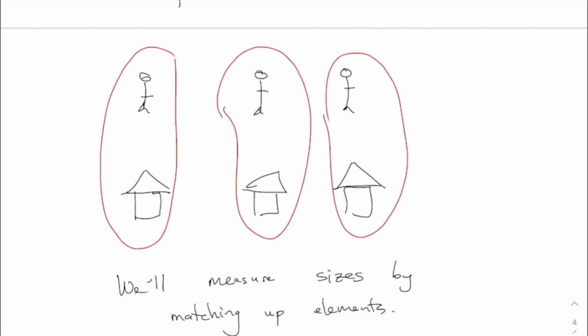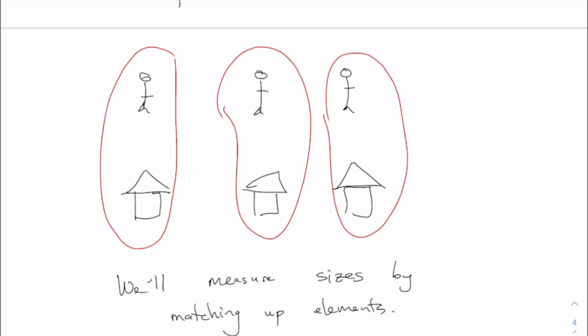When we do this mathematically, we think of this as a function which takes each person as the input, and it tells you which house they belong with. And for the function that I make here, I am requiring that every single one of the people matches up with only one house, and I don't miss any houses, and I also don't miss any people. There are some words for that with functions.